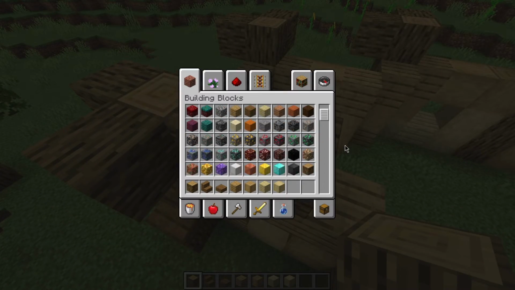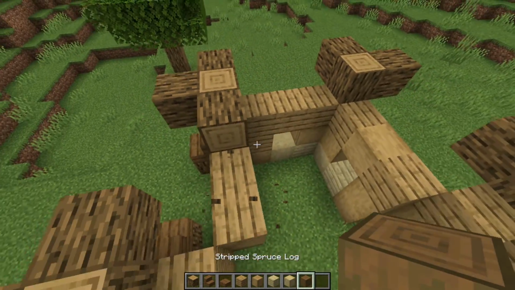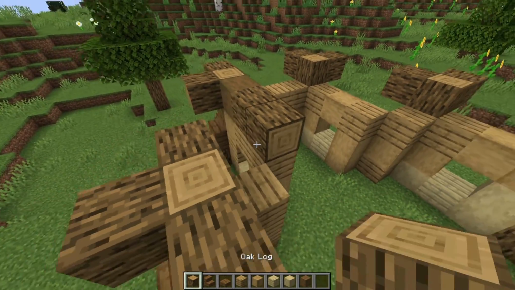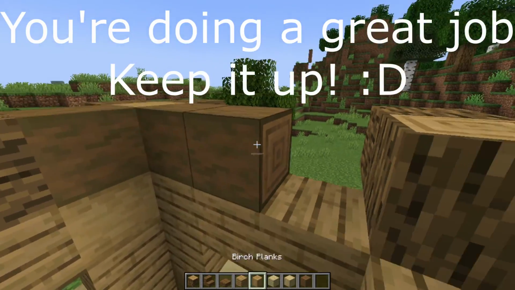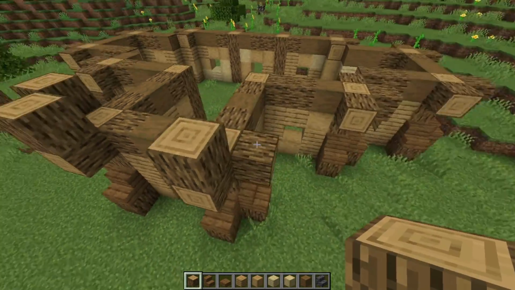Now there is also something called stripped spruce log, which you could throw in here as well. Just like the walls, guys, it'll just give it a little bit more detail. Just kind of the block differential. Look at that. It's looking beautiful. So now that you place those little nubs down on every single nub, go ahead and place